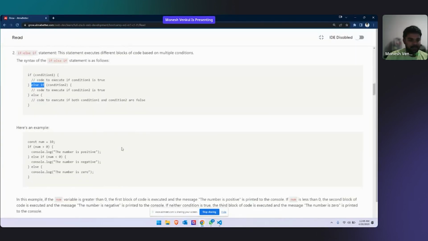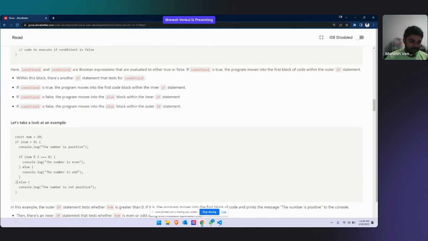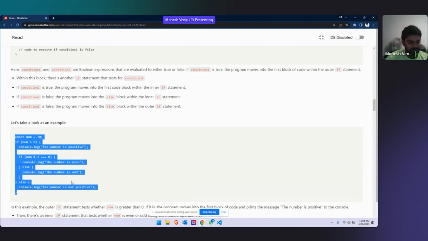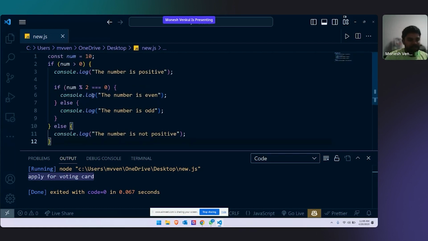So that is the point. If else if. Next is nested if. Nested if else is nothing but, you can take this code as an example. This is a good example. Nested if is nothing but if inside if inside if inside if, like that. For example, if you take this condition,